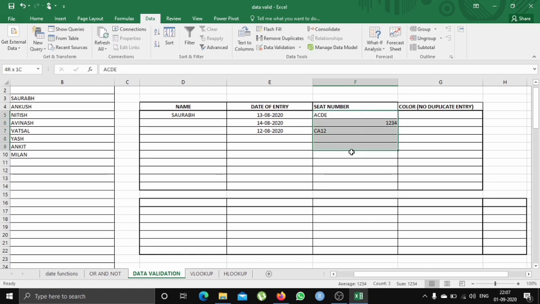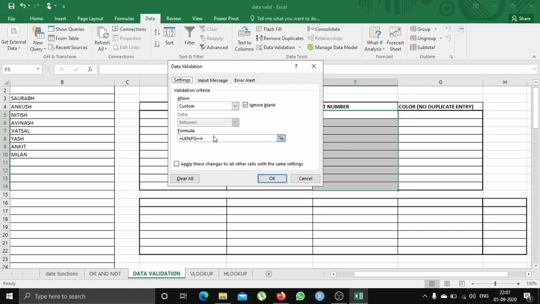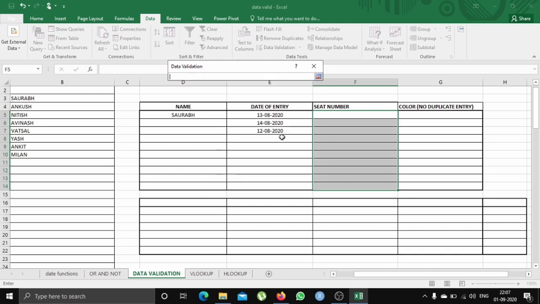But if you want it to be only in a numeric format, you can also do that. Go into data validation. Erase the criteria you entered. Click over here and enter AND, since you want 2 criteria to be fulfilled. Firstly, it has to be a number. We'll enter the ISNUMBER formula and then select the cell, and then we want the length of the cell not to be more than 4.